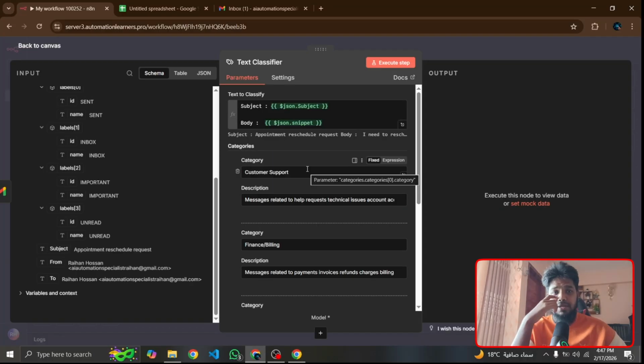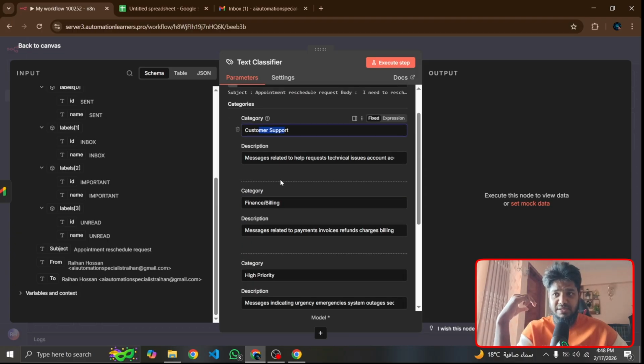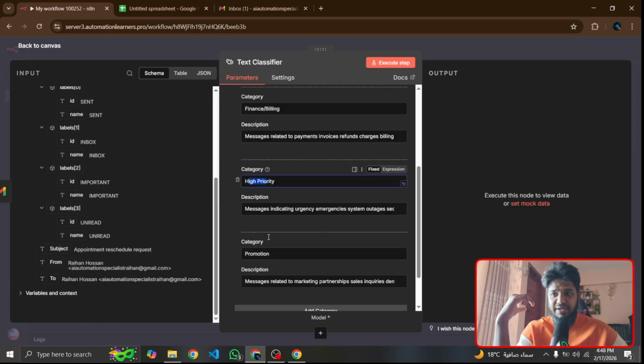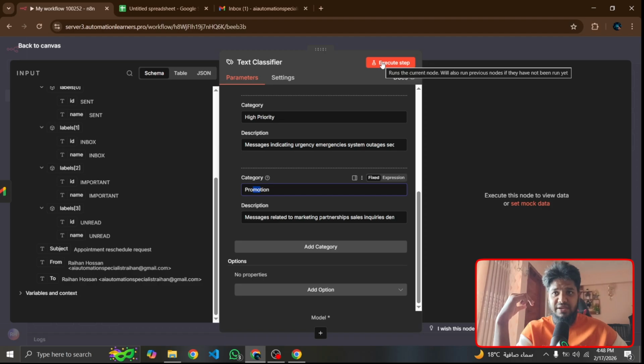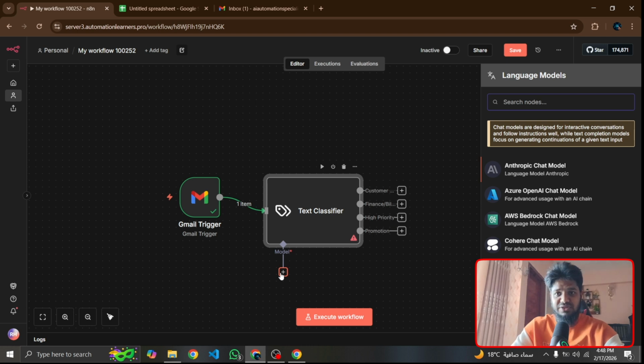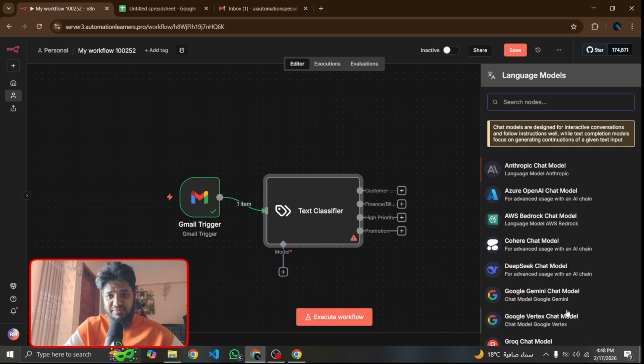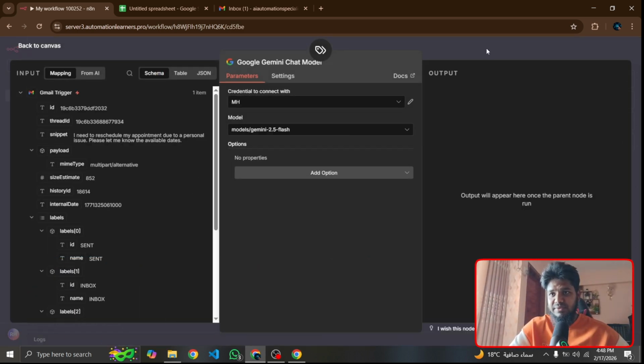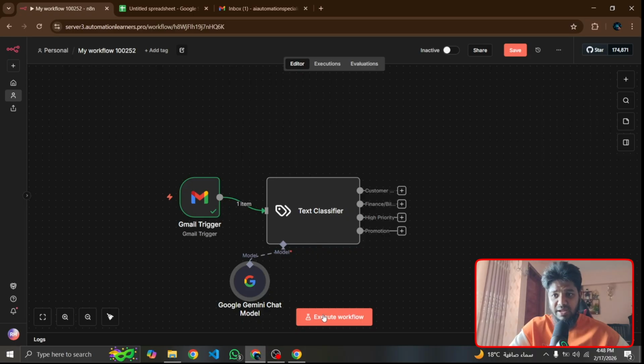So I have done everything very well. Categorize support team, customer support, finance and billing, high priority and promotional. Okay, so if I fetch the data, then you can see I have to add a chat model. Now I will use the chat model, which is Google Gemini chat model. Okay, Google Gemini chat model, and if I execute the run flow, you can see this is the customer, it